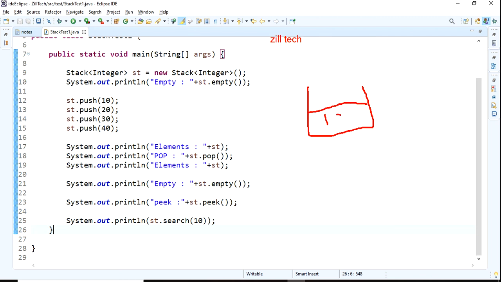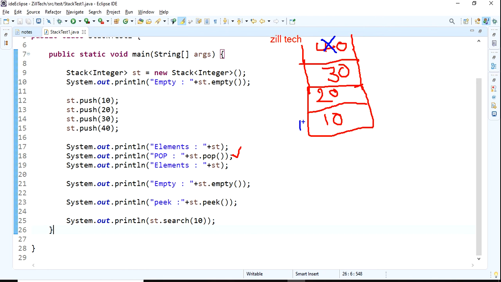We have 10, 20, 30, and at the top we have first 40. Okay, after printing them, here I did pop. Pop means this 40 is not there now. Next we have only 3 elements in the stack.